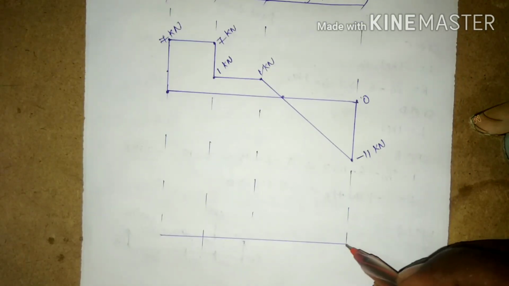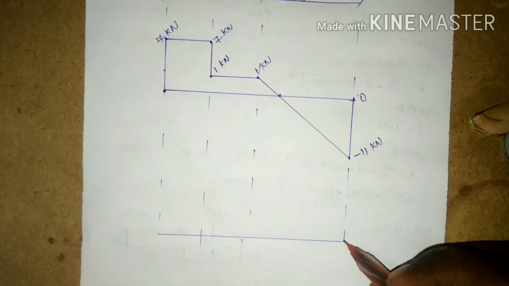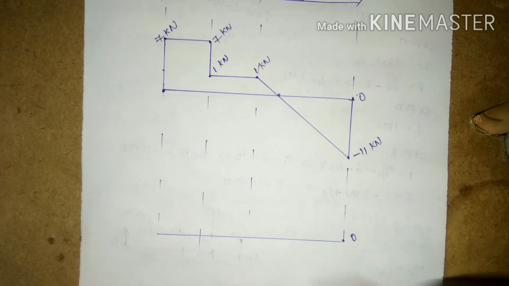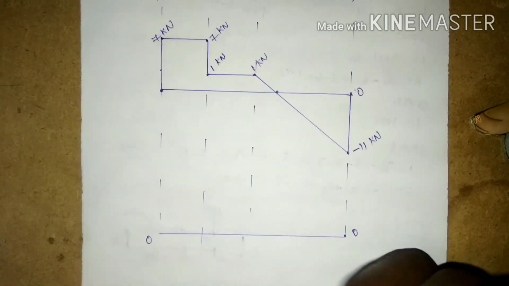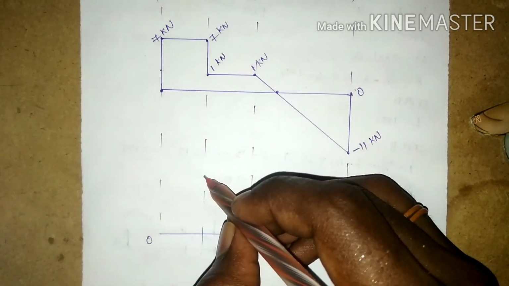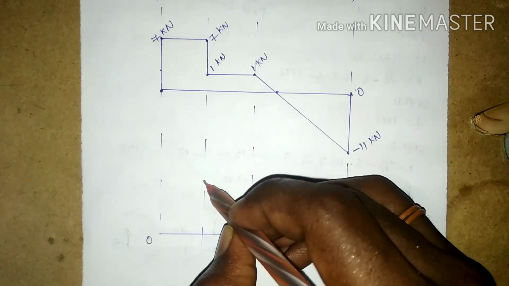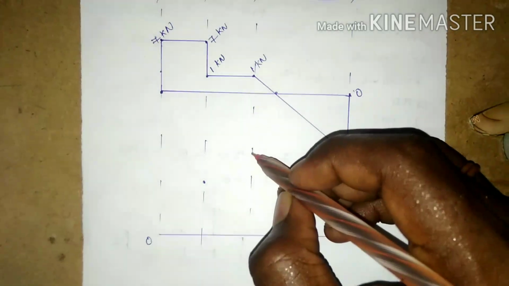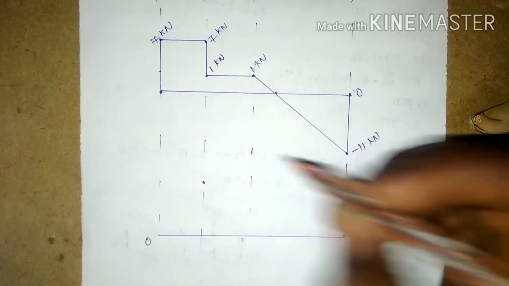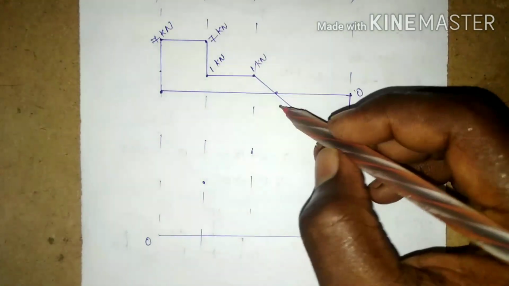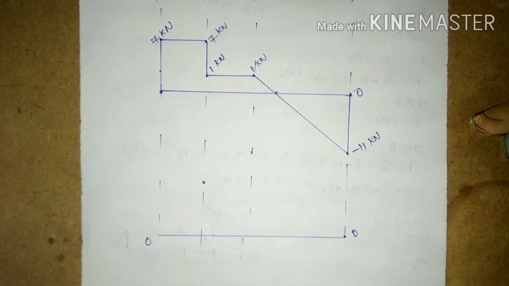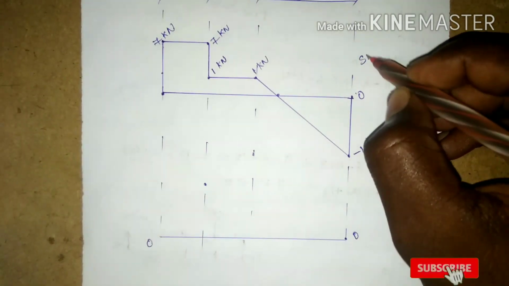Next, for the bending moment, we are having moment about B is equal to 0, moment about A is equal to 0, and thereafter for the moment about C, we are having a value of 14. Let us have a point here. For the moment about D, we are having a value of 15. Let us have this point here, and we are having a statement that when shear force is 0,